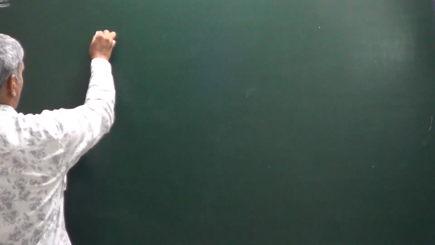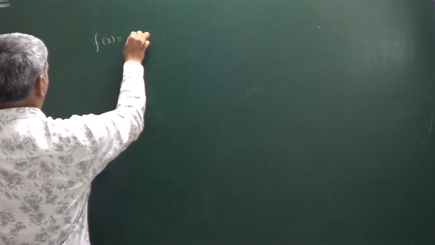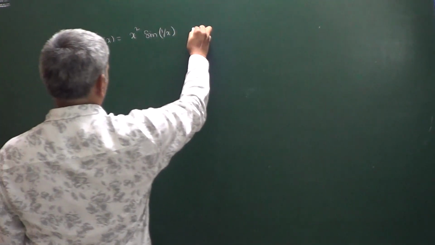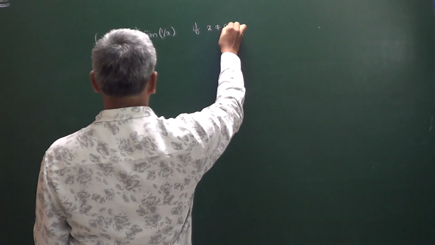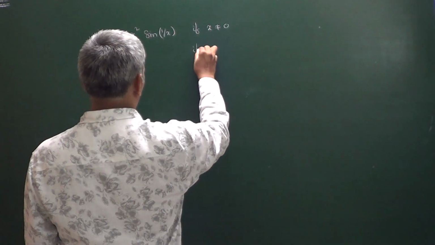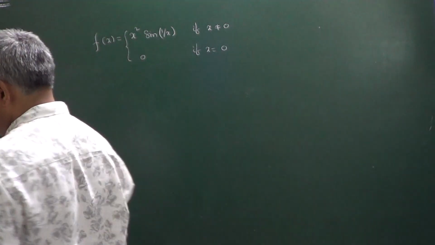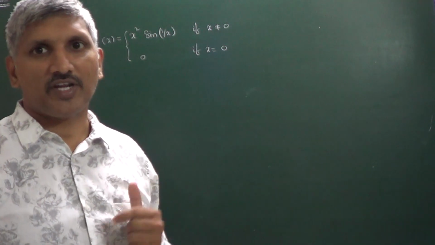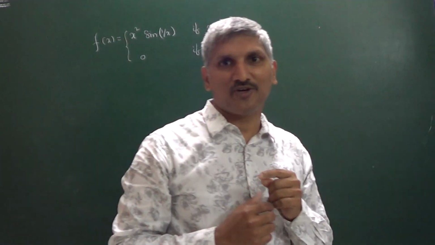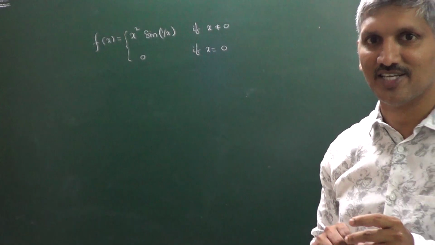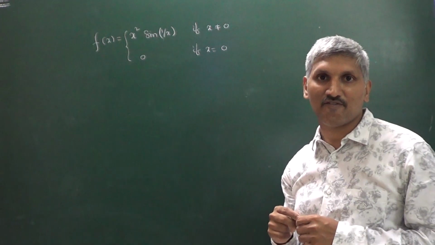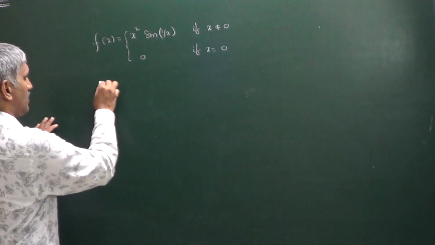So now you can see another model. f of x is equal to x square into sin 1 by x when x is not equal to 0, that is equal to 0 when x value is equal to 0. So we have to check about the continuity and differentiability of this function. Right, first of all, once again, no need to find out left hand limit and right hand limit. The reason is 0 minus same function, 0 plus is also the same function. That's why no need to find out the left hand limit and right hand limit.